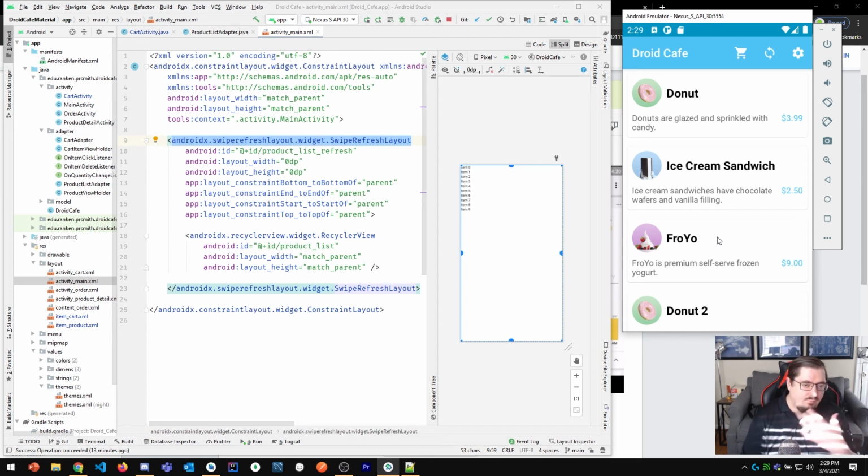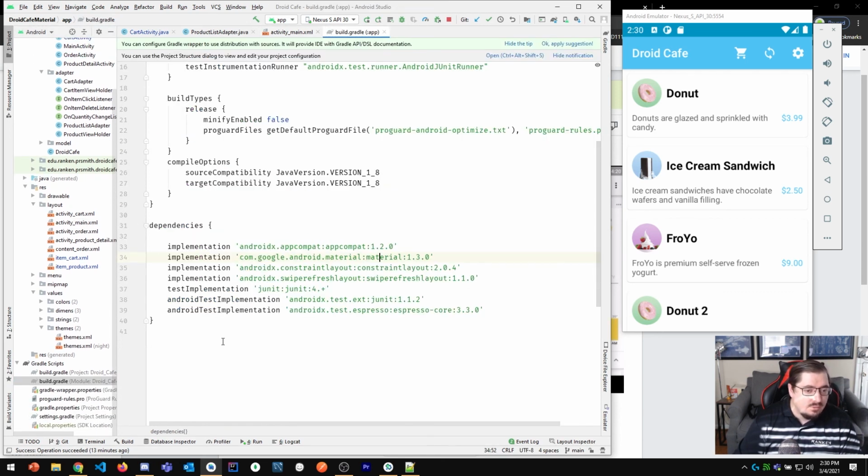A lot of times this may update from something else. So that's where this fits in. It's worth noting, if you just try to directly put in the swipe refresh layout, it will not work. You'll get a red error, some red text in here, because it'll say it can't find swipe refresh layout. So to use swipe refresh layout, you do actually need to bring in a dependency. And that dependency is here, swipe refresh layout 1.1.0 is the newest version of this. So you do have to add that to your Gradle and sync it